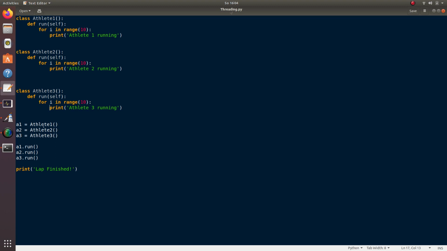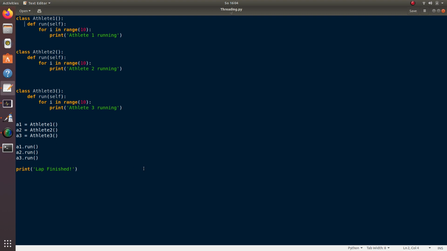For the first athlete I will have an object A1, for the second athlete object A2, for the third A3. Then I'll call A1 dot run, A2 dot run, A3 dot run. That is obvious because inside each of the athlete classes I am defining a method run. So obviously it should run, and finally it will print the lap is finished.